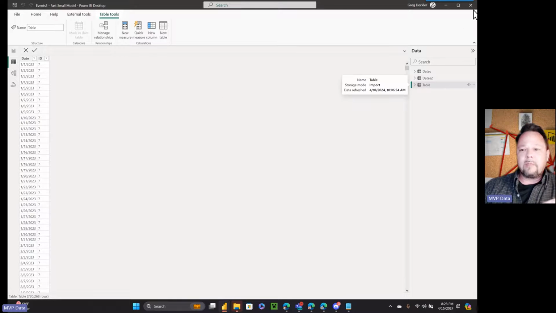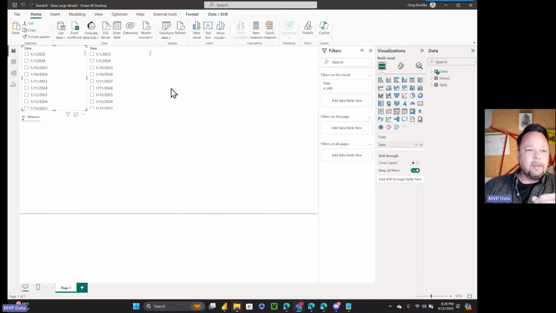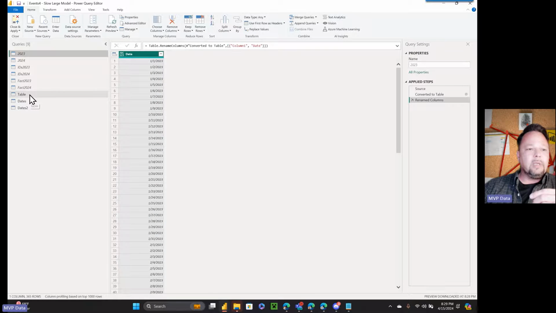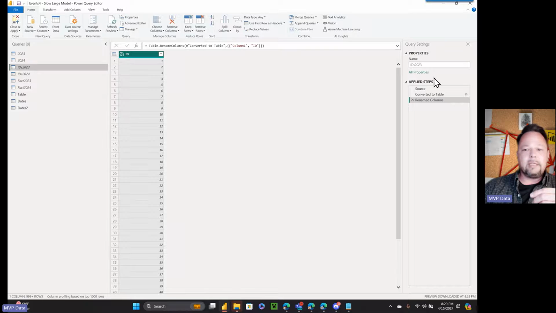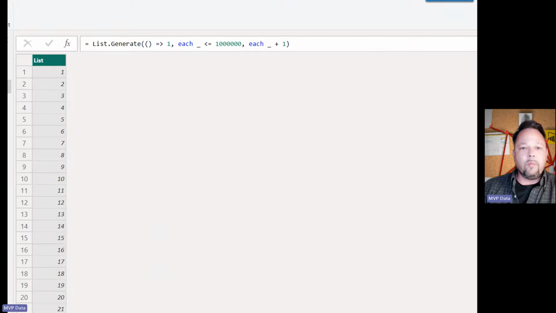Now the problem comes when you scale this up, and this was the problem my pro bono customers were running into, that they have a fact table that involves millions and millions and hundreds of millions of rows. So if we close that, we can go ahead and save it. That's fine. We get to this one, which is the same setup. But what I've done here, I need to open it up on the wrong window. This over here. So what I've done is I've scaled this up. So if I go to my dates table here, instead of 1 to 1,000, now it's 1 to, I think that's 1 million. My eyesight's getting bad. Yep, 1 to 1 million.